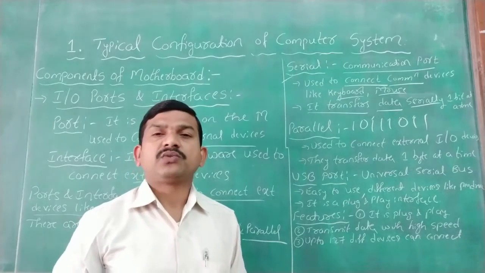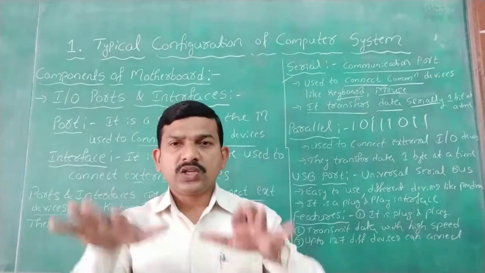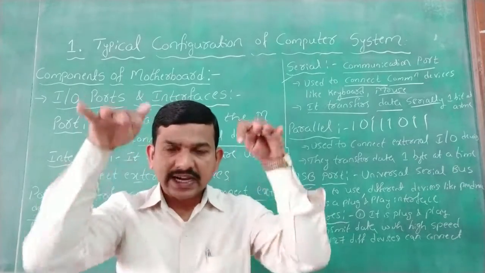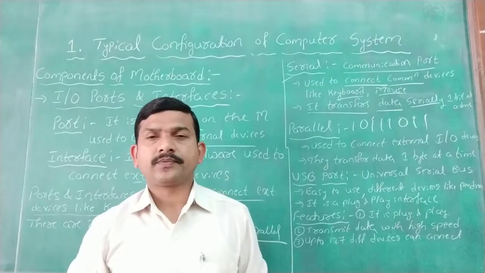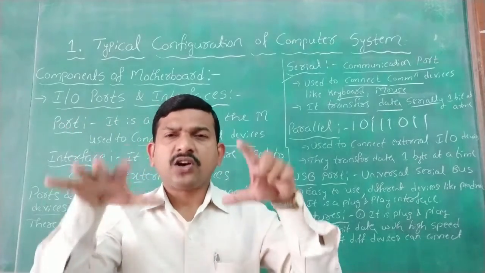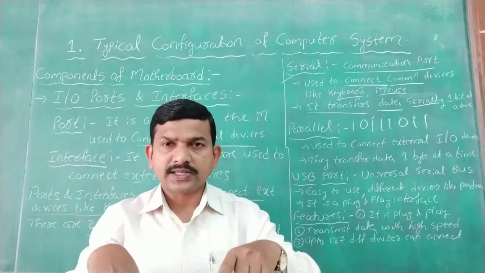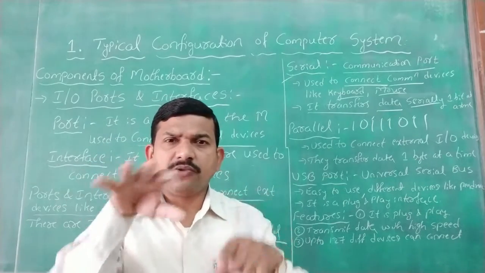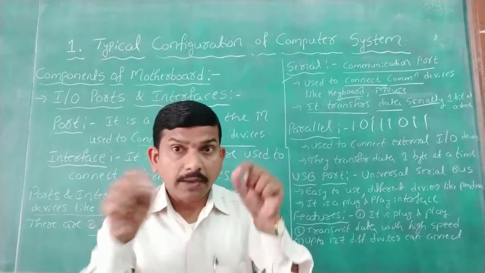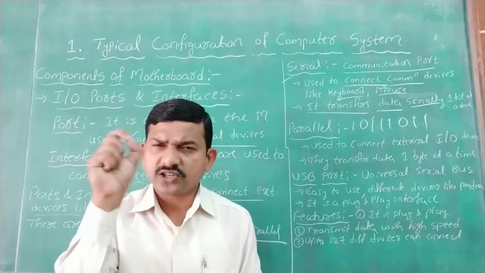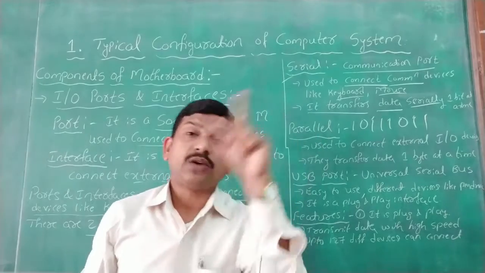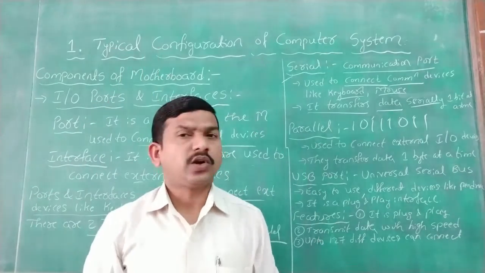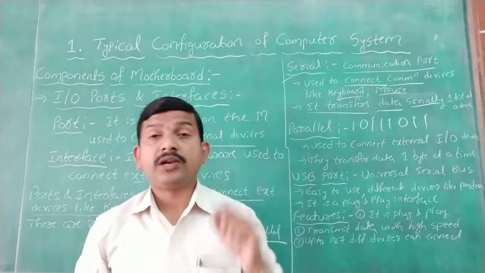Is it clear? When you are sitting in front of the keyboard and you press some 4 or 5 alphabets at a time, it will not take them. If you press with a variation of a fraction of a second, then only it will take them. There should be a gap, a millisecond-fraction variation, and then it will take them one by one. If you press 2 alphabets at a time, it will not display 2 at a time. One by one will be displayed.